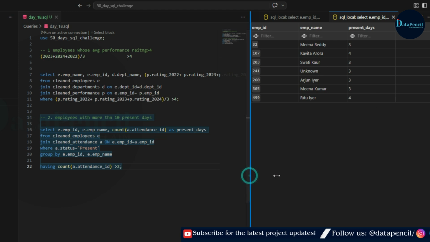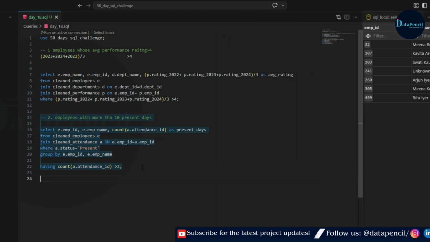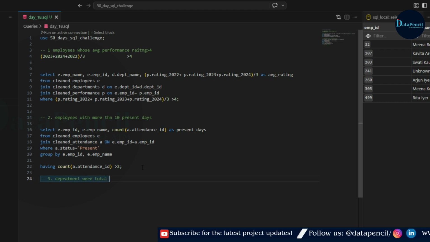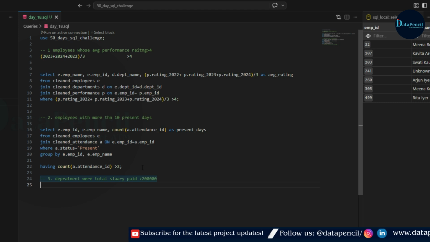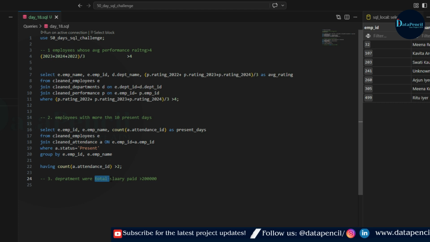Okay, now come to our third query, and the third query is asking about the departments where total salary paid is greater than 2 lakhs. So this thing you have to do on your own. Basically, you have to apply the sum function on the salary column, and then we have to join three tables: the department table, the salary table, and the employees table.